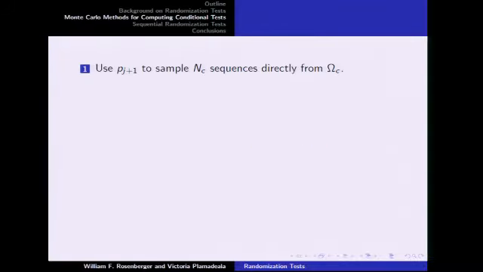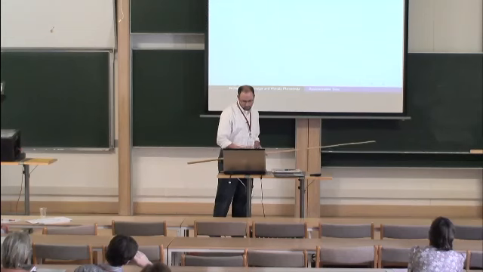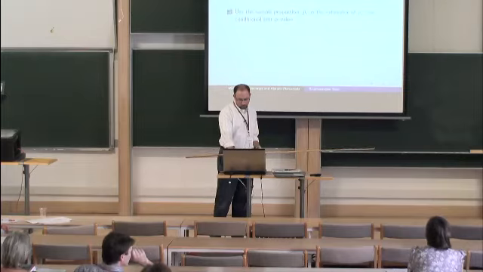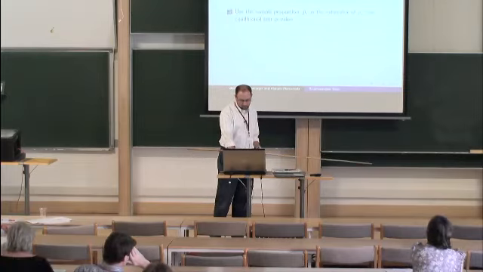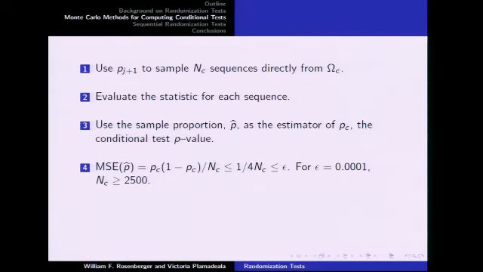So here's the procedure. You use this PJ plus 1 now instead of VJ plus 1 to sample directly from the conditional reference set. Then you evaluate the statistic for each sequence, and use the sample proportion p hat as the estimator of the conditional p-value. And then you can figure out the required sample size in a number of ways. You could